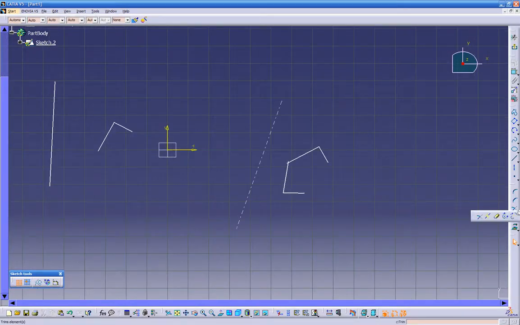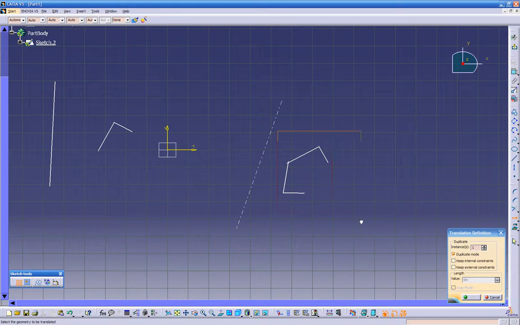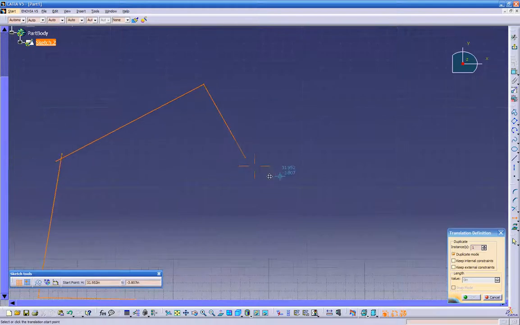Now we have over here, sorry, let's go back to symmetry. We have translate, rotate, scale, and offset. So those are pretty nifty features. If you want to translate, just highlight the entities you want to translate. Then you want the start point. You want it to be this end right here. Let's zoom in a little bit. As soon as I bring my mouse to the end of the line, it gets a full moon. You see right here, full moon right here. So that means it's the end of the line. So I want it to translate from this point